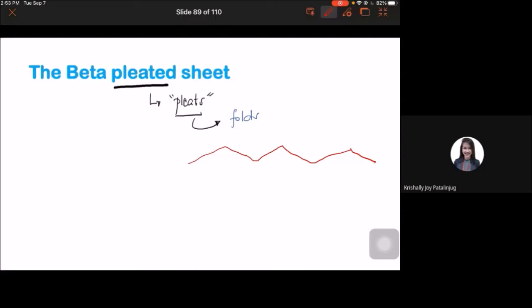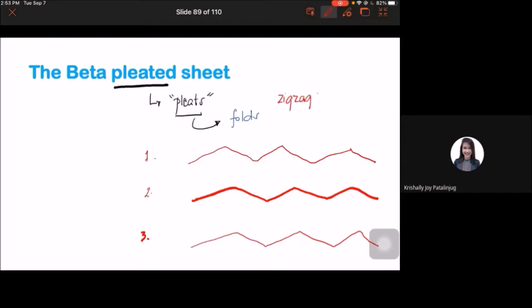Okay, so you have a first polypeptide, and then a second polypeptide, and then a third polypeptide, amino acid residue. So as you can see, ang shape niya, di ba, zigzag. Ang shape niya, zigzag. And again ha, one or more polypeptide chains. Okay? Take note,